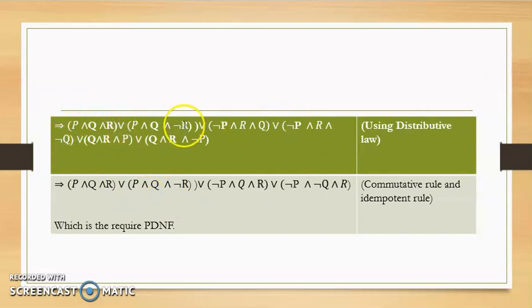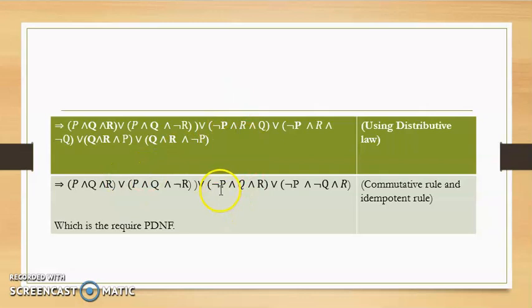Next we can take the unwanted terms, that is, by using the formula some terms can be reduced and we can write it in an order, so that we can check whether we formed the sum of min terms. So here P and Q and R or P and Q and not R. Okay, the first one and second one we got. It is a min term and it is having a sum.